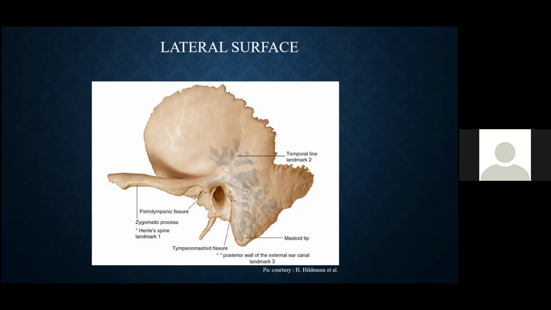A very important structure to access the mastoid antrum in any mastoid surgery. And the other landmarks on the lateral surface are the suture lines: anterior superiorly in the bony part of the canal, the tympanosquamous suture line, and in the posterior inferior part of the bony canal with the mastoid part, the tympanomastoid suture line transmitting Arnold's nerve. And the temporomandibular joint in the glenoid fossa we can see in the anterior relation to the lateral surface of the temporal bone.